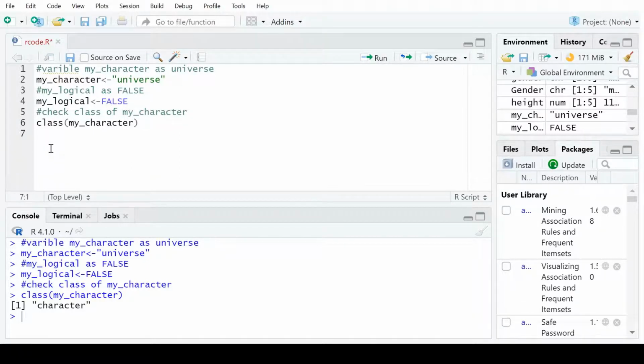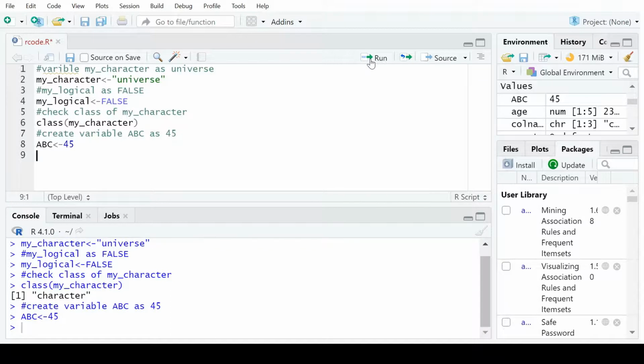Let us do it with some other examples. Suppose we create a variable ABC as 45. That means ABC is 45.